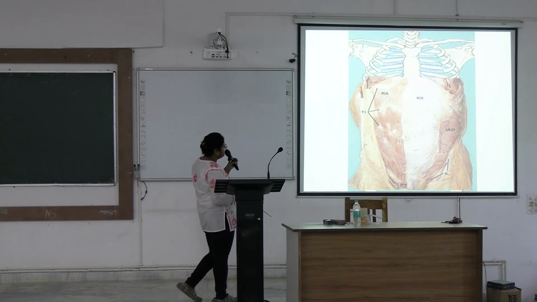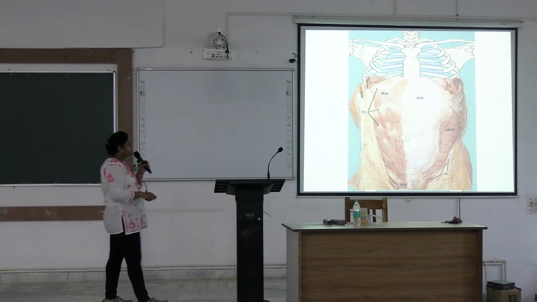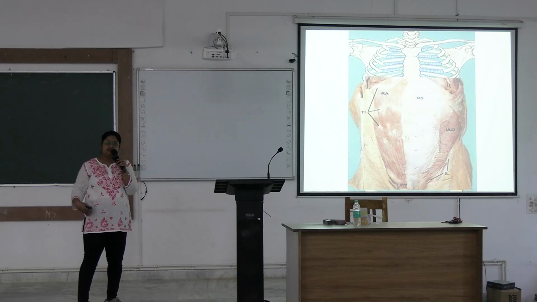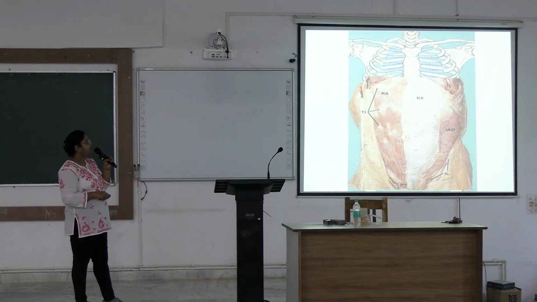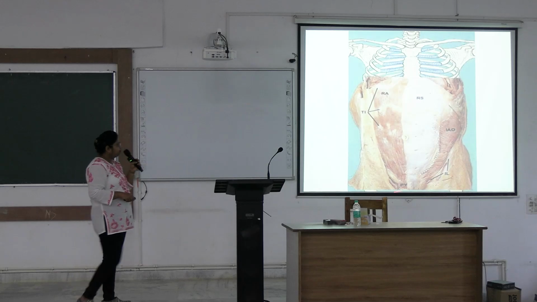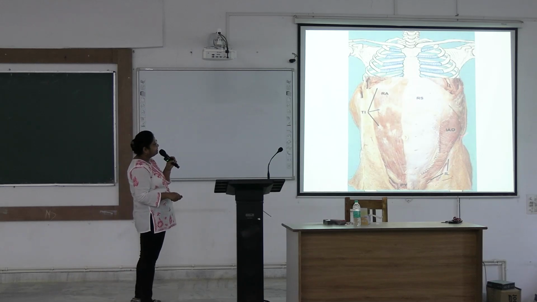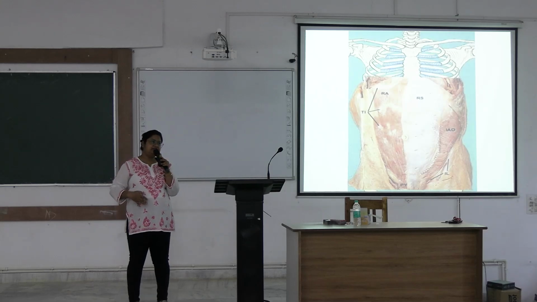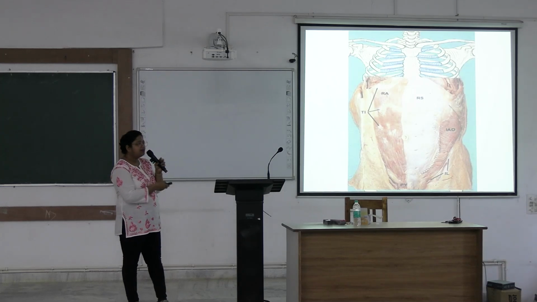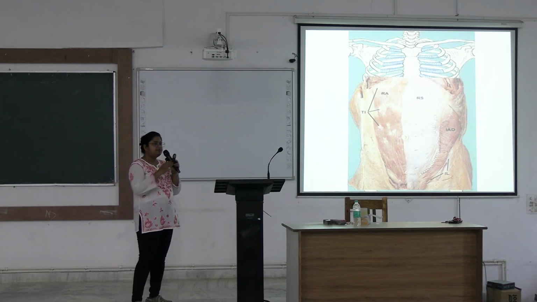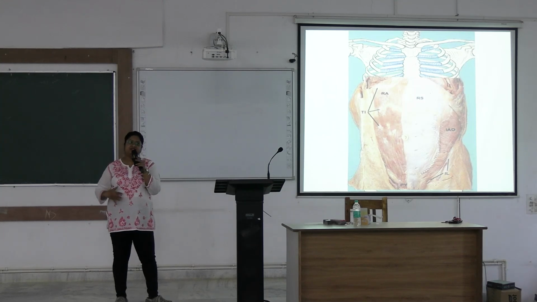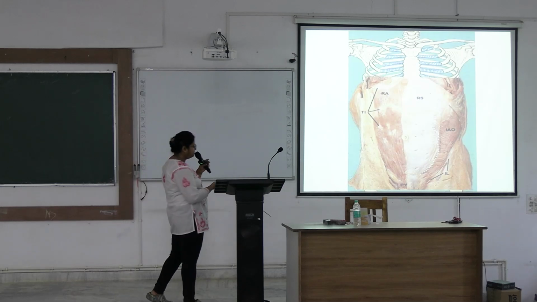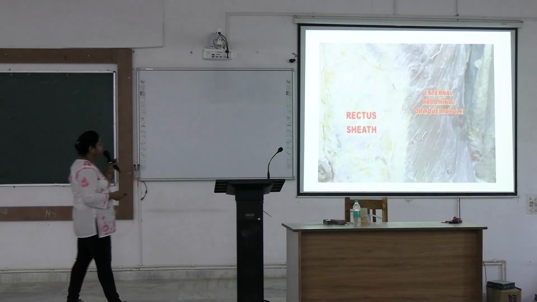Okay, and this whitish sheet-like structure is forming the anterior layer of the rectus sheath, which we have removed on this side. Here is the inguinal ligament and internal oblique aponeurosis, and you can see external oblique was downward, forward and medially. Internal oblique is upward, forward and medially, exactly at right angle with the external oblique. And the fibers of transversus abdominis are directed transversely. Muscle fiber directions are important for identification of muscles.